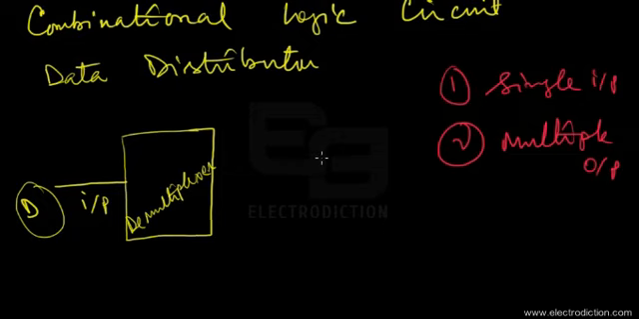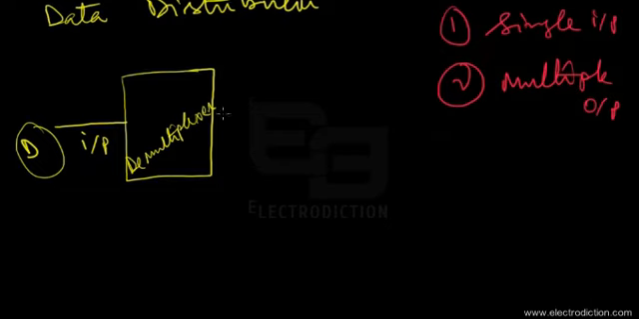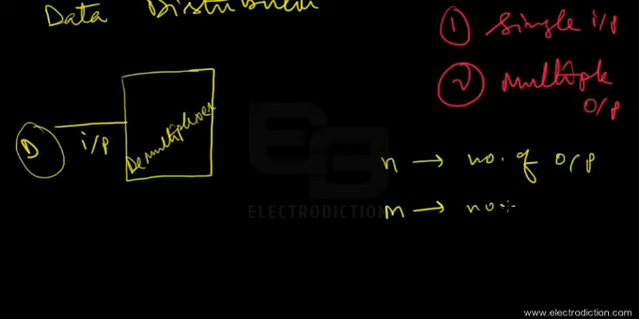I just said the demultiplexer needs to have multiple output lines, but I did not mention how many output lines it should have. That's quite an obvious question: how many output lines would I draw in this circuit? To answer that, assume that N represents the number of output lines on the demultiplexer, while M represents the number of